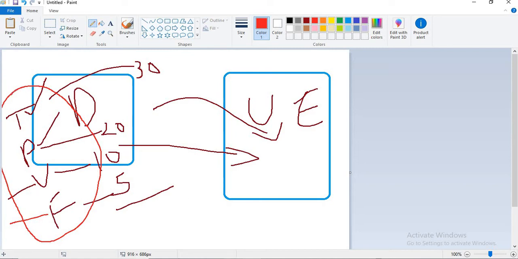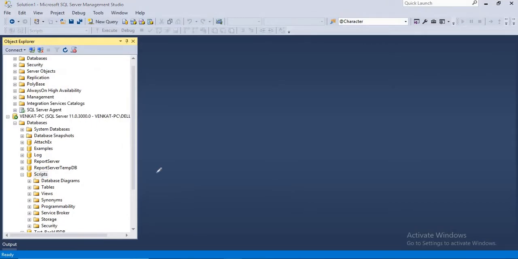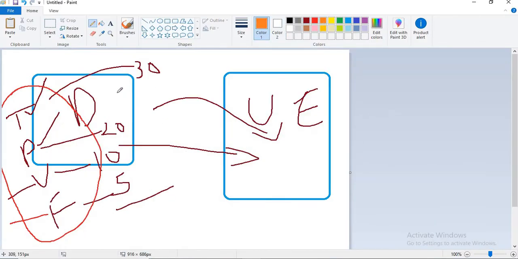So now let's quickly go to the SQL Server. What I want to do is, I have a database in the dev server with the name scripts, which I just created for our example purpose, which contains tables, procedures and views. Even if you have functions also, the process is the same. Once the script is ready, I'm going to copy it into the UAT. Then I'm going to execute it with the same name again, scripts.